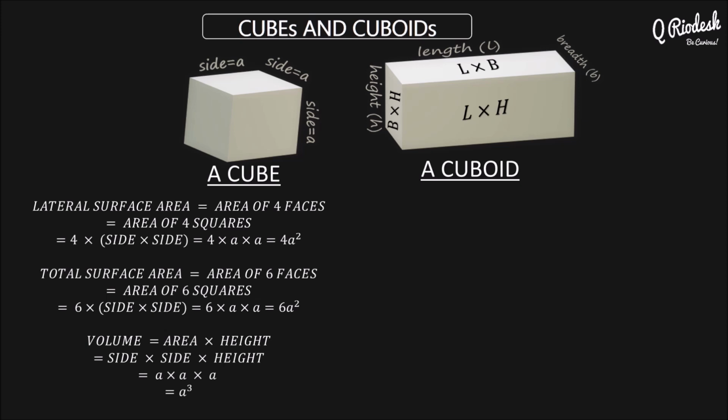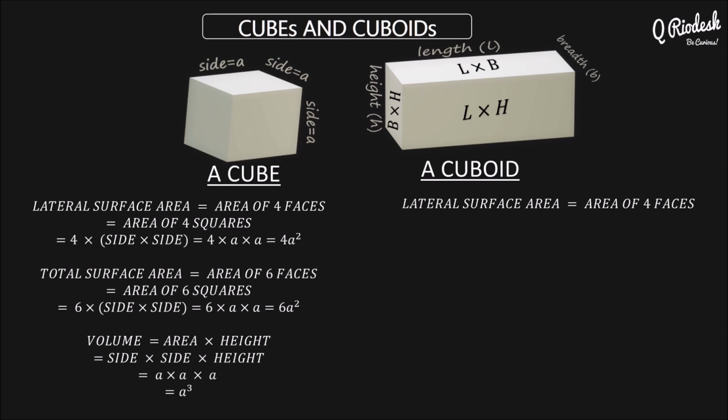Now moving on to the lateral surface area of a cuboid. So here we will assume that all three are unequal. If any one pair is equal also, we can just put that value in the formula and we will get the right answer. Okay, so here we shall avoid the top part, that is length multiplied by breadth,